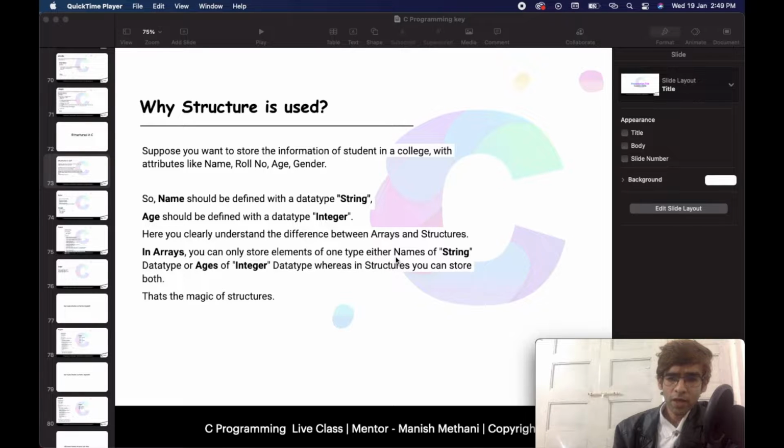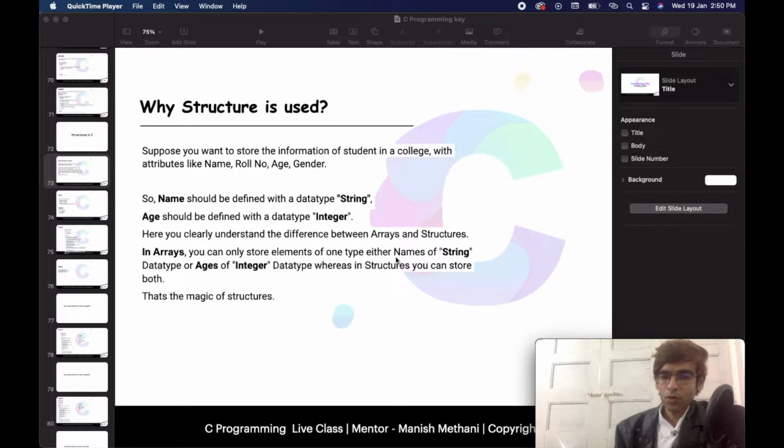Similarly, suppose we have school employee details. What are the attributes associated with an employee? The attributes can be his name, gender, project name, department name, company name. So every entity has different attributes. That's the point of focus today.